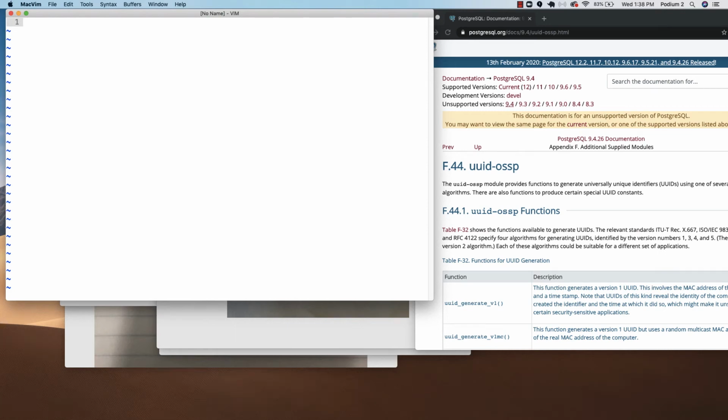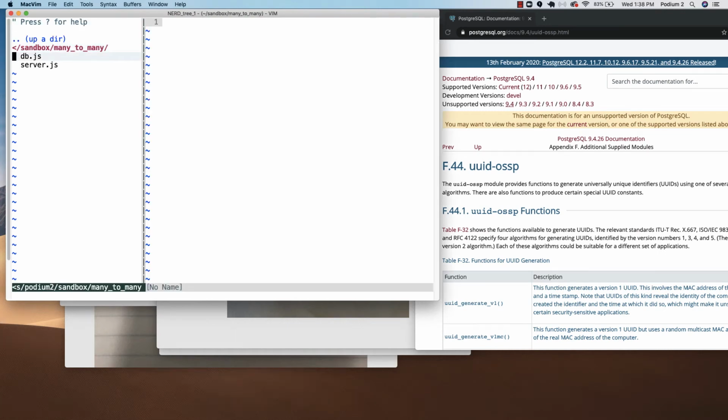I've got a couple of files here. I've got my db.js, which is going to have my data layer. I've got my server, and I'm going to be a little bit optimistic where I'm going to specify that I've got db from require